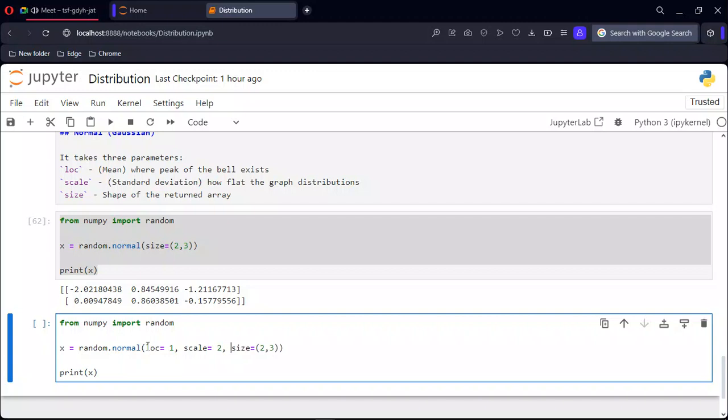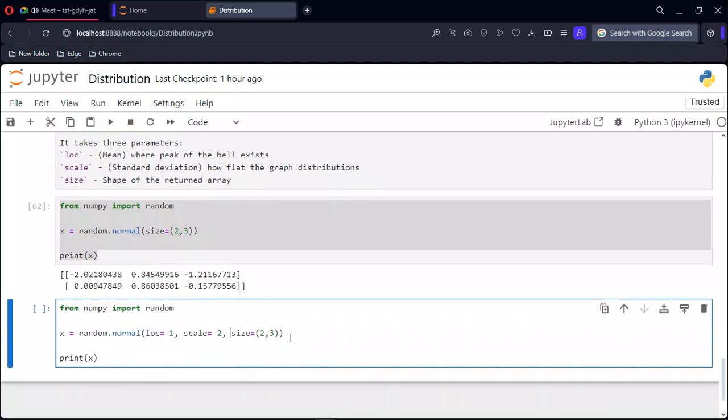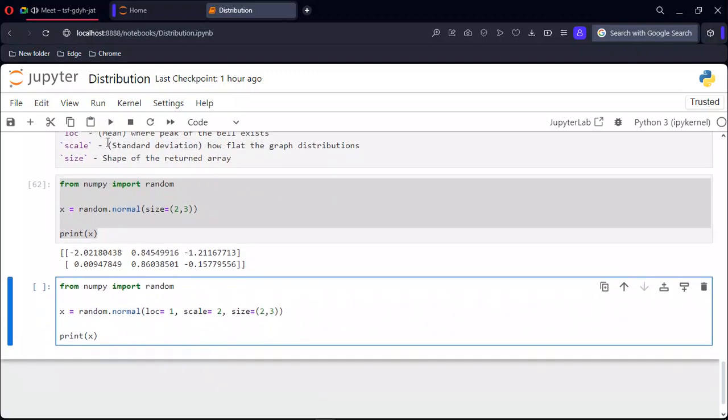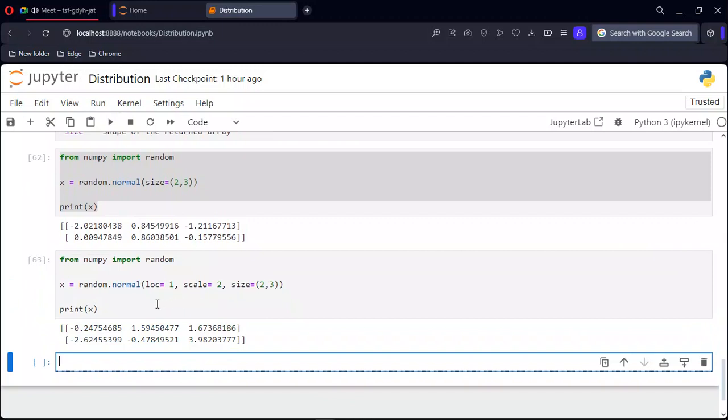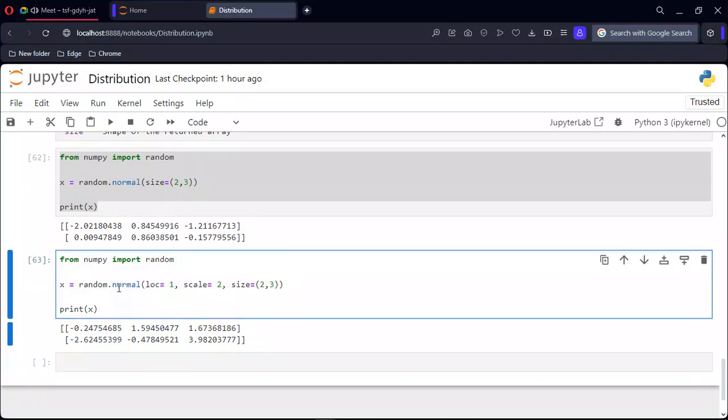That should be standard deviation. Yeah, and then size, we've given it that one. Now, this is the values that we have, and I want to plot a normal distribution based